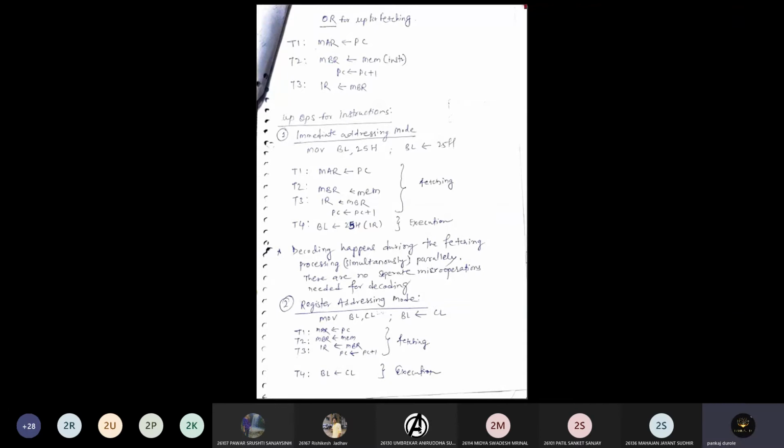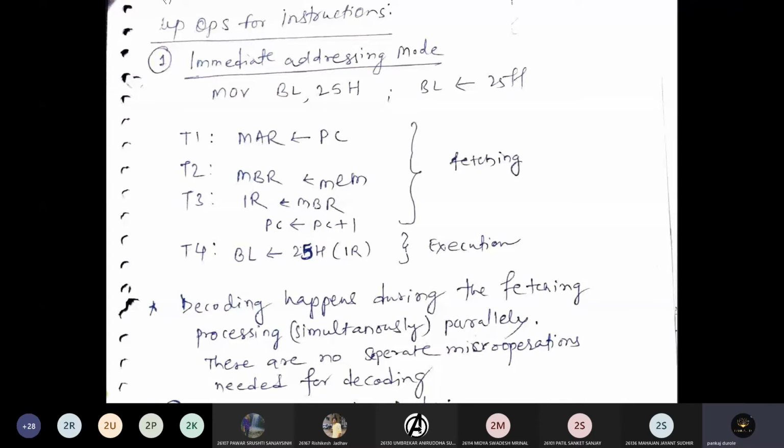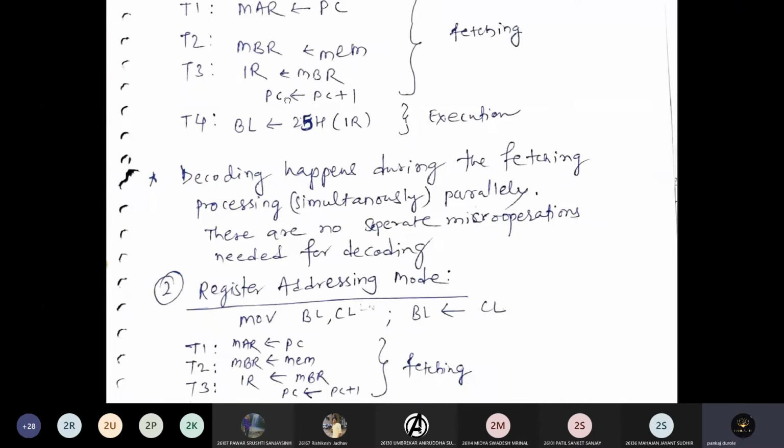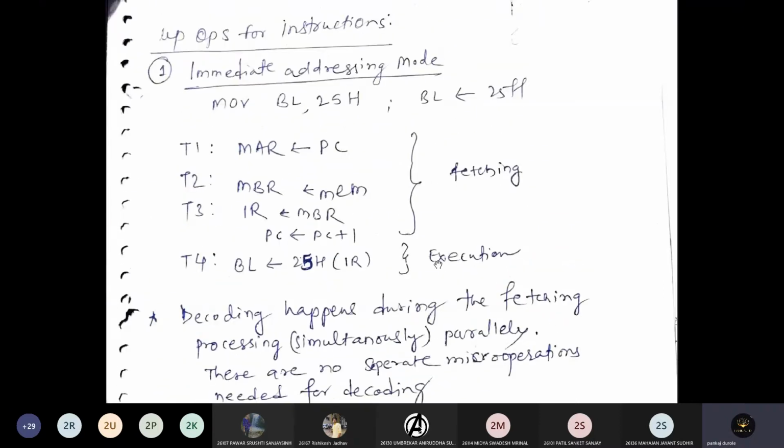Here we will learn about the micro operations for the two basic addressing modes. They are immediate addressing mode and register addressing mode. Micro operations are tiny operations that happen inside the processor while the instruction execution is going on. In micro operations, the very first step that happens is